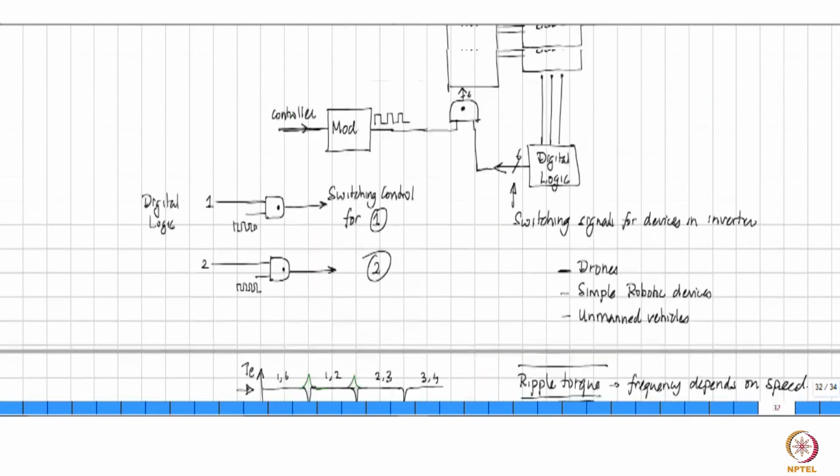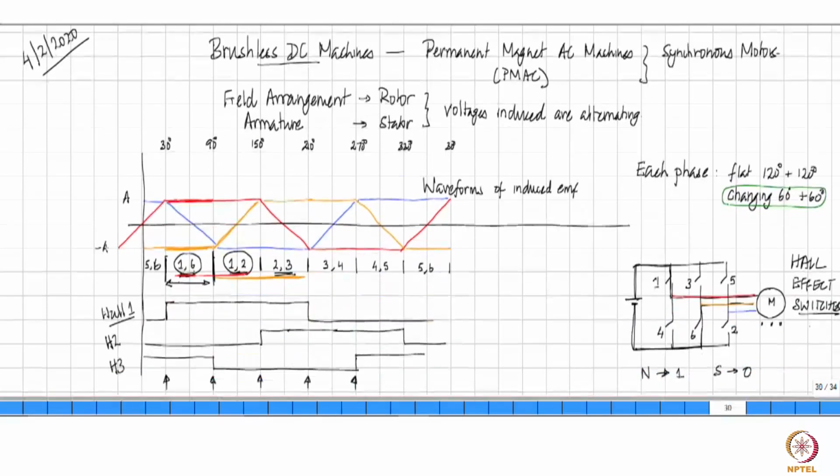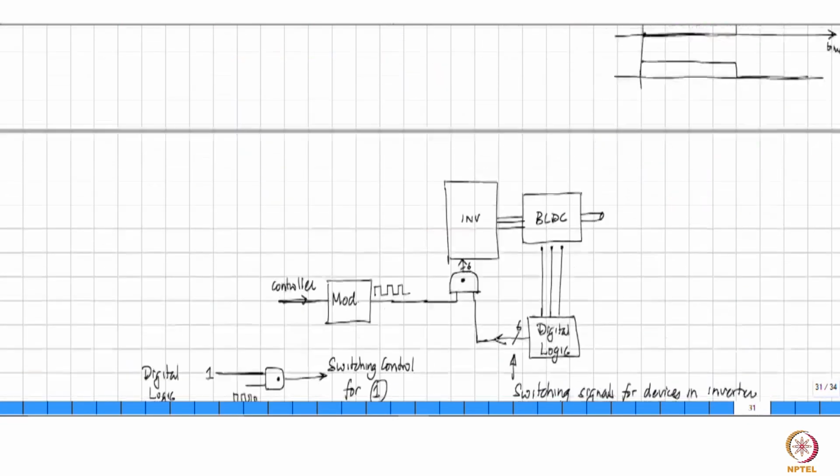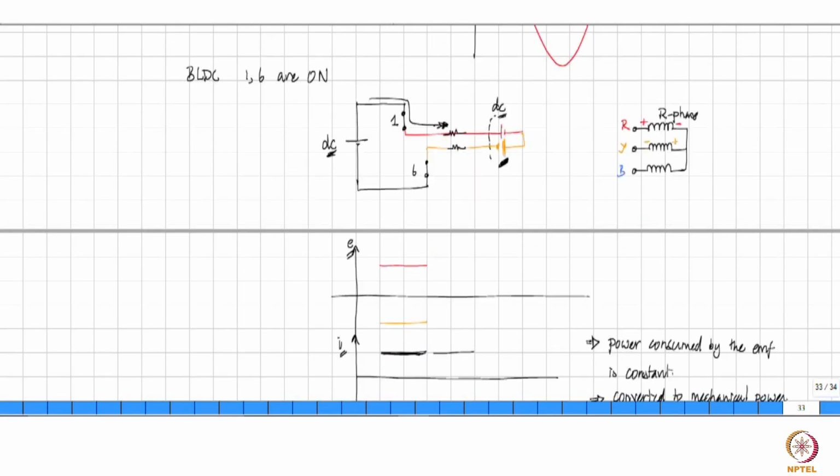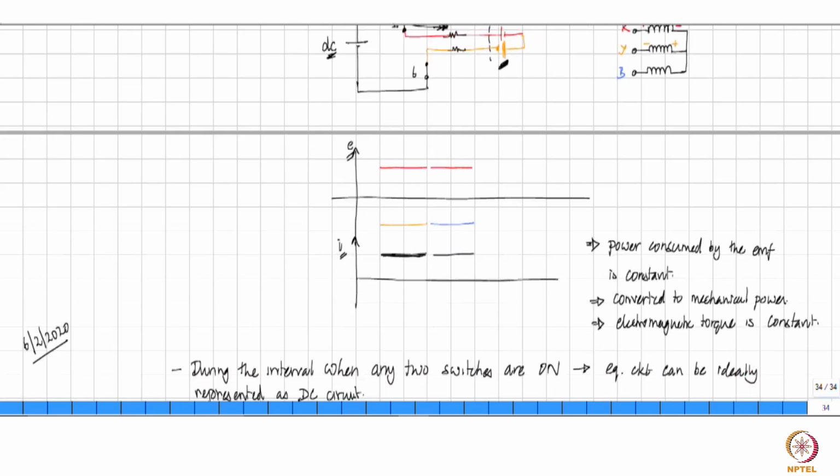Therefore, in the next 60 degrees, the same current will flow, and you have some other phase. So after red and yellow, what do we have? We have red and blue. So in the next 60 degrees, you have the same red that is going to continue, and then here you have blue, and through that the same DC current is going to flow, and therefore again electromagnetic torque is not going to vary.